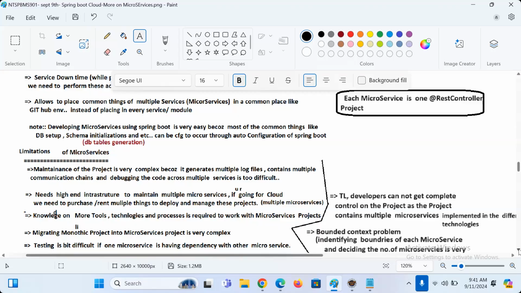And tracing the flow of execution, debugging, is very difficult now, boss. Here the flow is project to project flow. Project to project flow is very complex to trace, or not? But to go through them, some tools are there. So that's why microservice architecture is all about developing services as RESTful web services, plus design patterns, plus a lot of third-party tools.